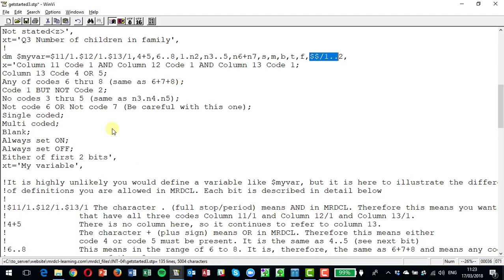And finally in this line we've got $/1 to 2. The $/1.2 means anybody in the range as 2 as before. $/ means you're self-referencing the variable that you're currently in. So what this means is anybody who's in the first 2 bits of this variable. So they're either in here or they're in here. They could be in both, but as long as they're in one of those, they will go into that final category,